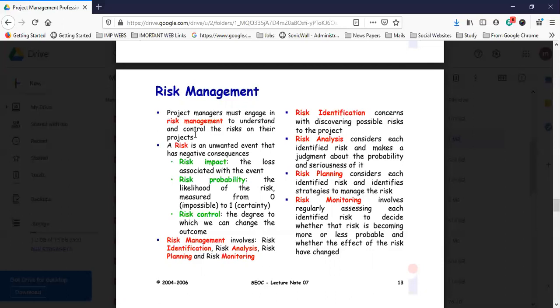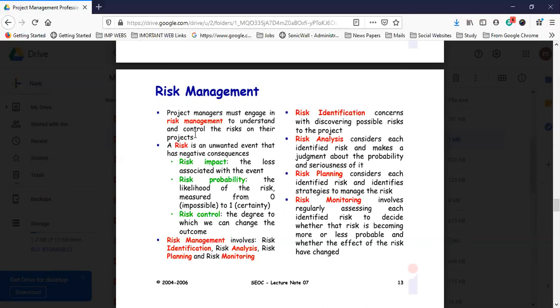Okay, the probability you need to think, and you have to type into the documentation that if things happen, then how much loss we can cause to the organization. So the cost and the quality and the quantity sort of things you need to take care of. If this happens, then what needs to be done, the second step. And the control is the degree to which we can change the outcome. So what type of precautions are you going to take to control the risk? Those three terms we need to take care of once we go for any project.